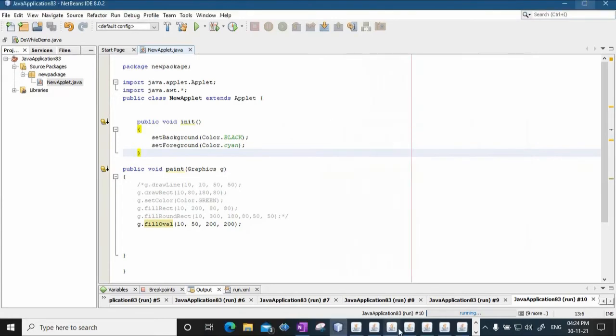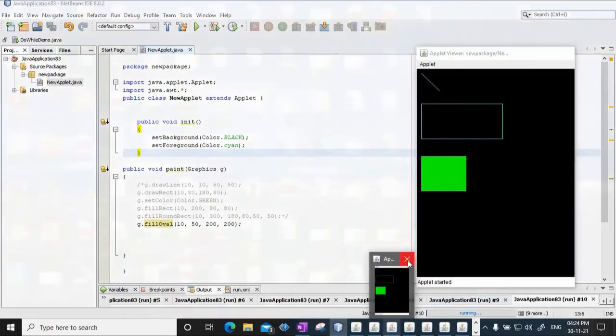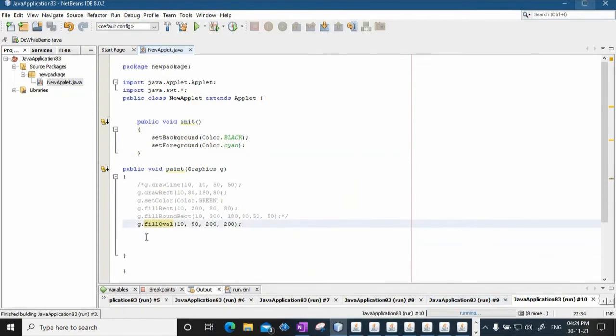Next, we have seen draw oval and fill oval. We have also seen how to draw a circle. Then we will see how to draw other shapes, for example a triangle.